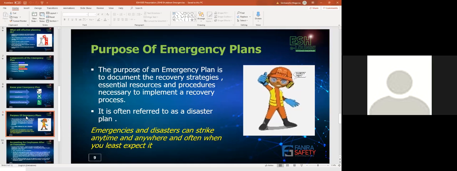Let's also know that an emergency or disaster can strike anytime, anywhere, and often when you least expect it. So let's always ensure that our emergency plans are in place and our emergency plans are communicated. And during shutdowns,